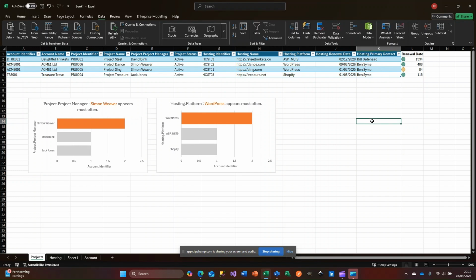I've also added a simple renewal date to this, with a traffic light system using standard Excel formulas. This is just looking at my renewal date and providing a quick overview of whether it's something that needs to be done or not. Now within Visio,